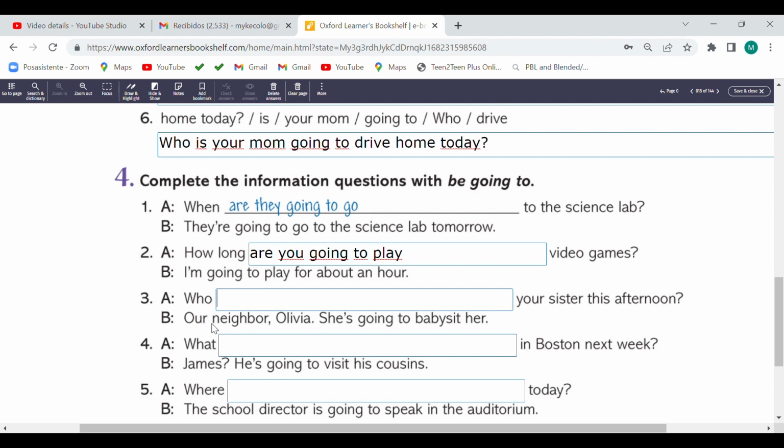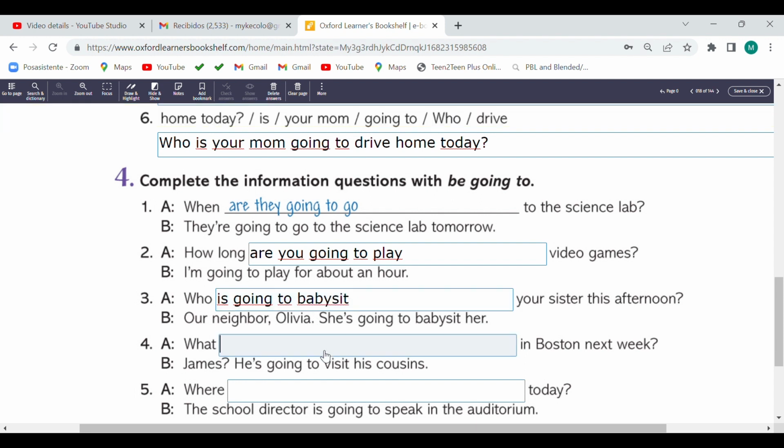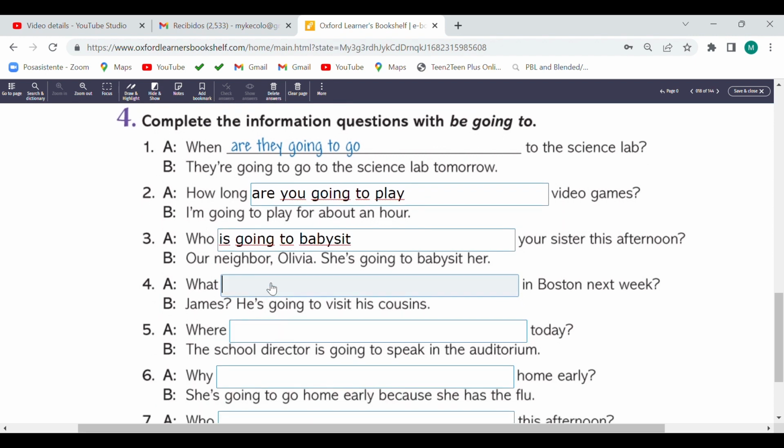Next. Our neighbor Olivia, she's going to babysit her. Who is going to? What is the verb? ¿Cuál sería el verbo? Babysit. What? James, he's going to visit his cousins.